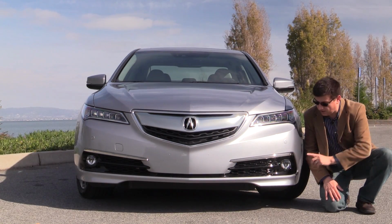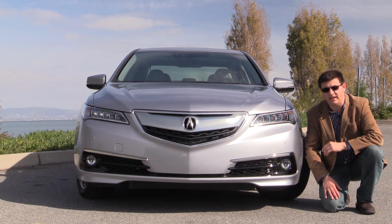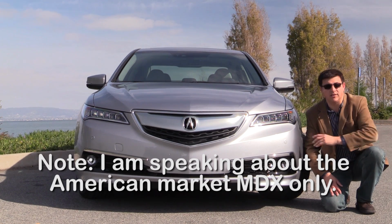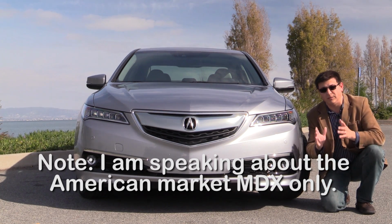In an unusual twist, the TLX is maintaining fog lamps up front. That's something that's starting to disappear on a wide variety of luxury vehicles, including the Acura MDX, which now does not have a factory option for fog lights. You can get them at the dealer, but they're not standard on that MDX or available as part of any